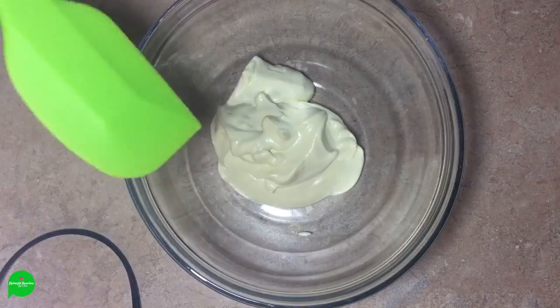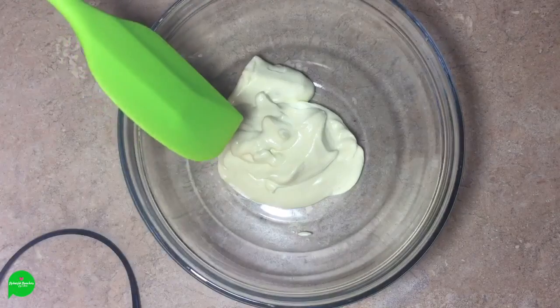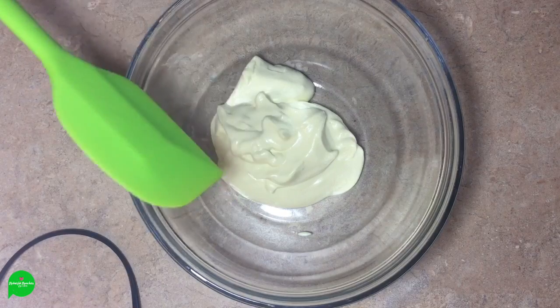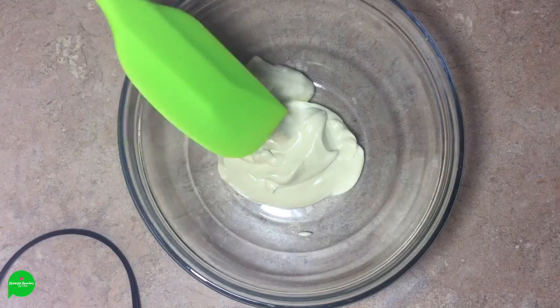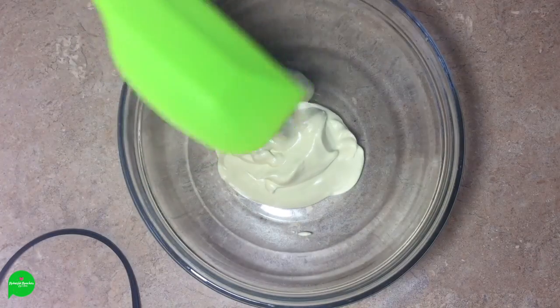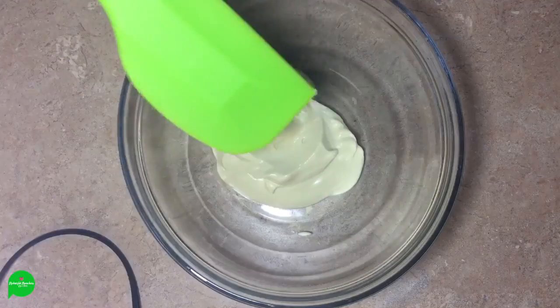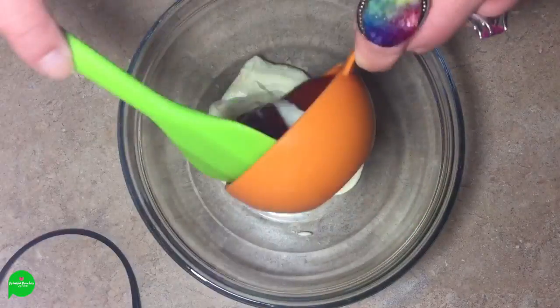If you watch my vegan mayo video, this is the vegan mayo that we made. The video was yesterday, but since then I made another batch. Normally I use vegetable oil, but I ran out, so I used olive oil, which is why it's more yellowy in color. It has a slightly different flavor, but it's still delicious, thick, nice and creamy. So we have half a cup of that,